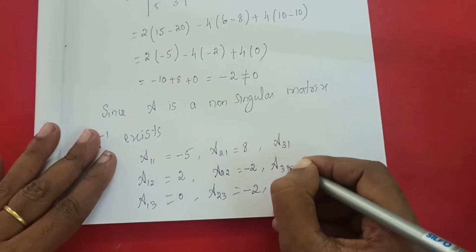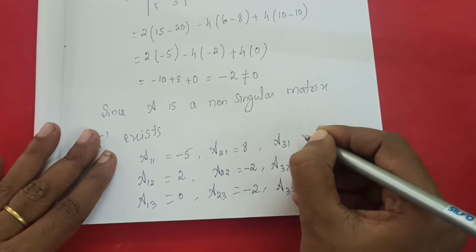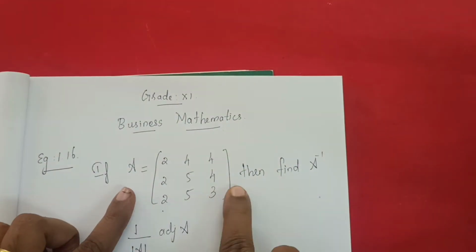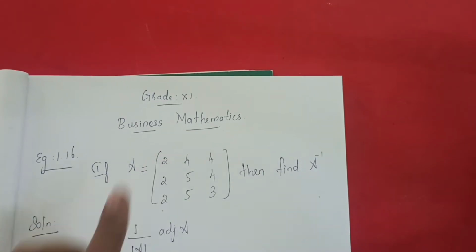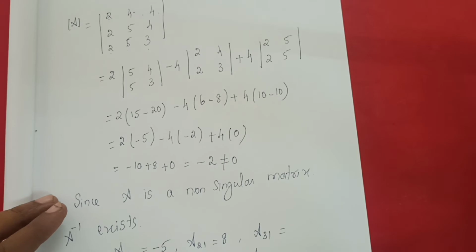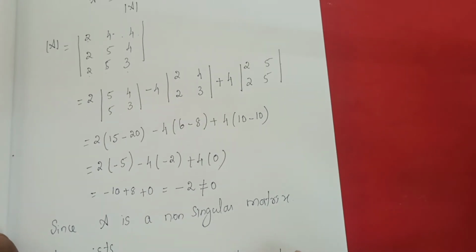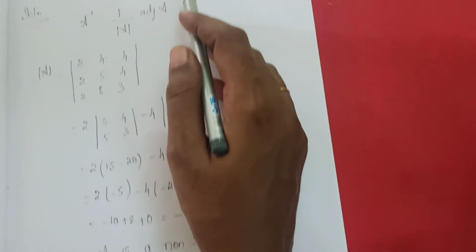A31, A32, A33. That's equal to A31. A31, this one and this one it will go. So 4 4s are 16. 16 minus 20. That is minus 4. Is it right? Minus 4. The symbol only, you need to be very careful. So this one it will be plus. This one minus. This one plus. Like that it will come. So alternatively, I have explained already.